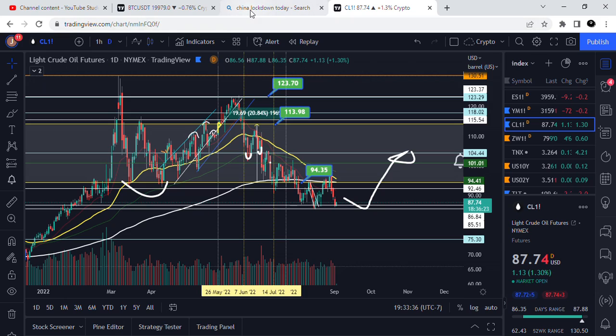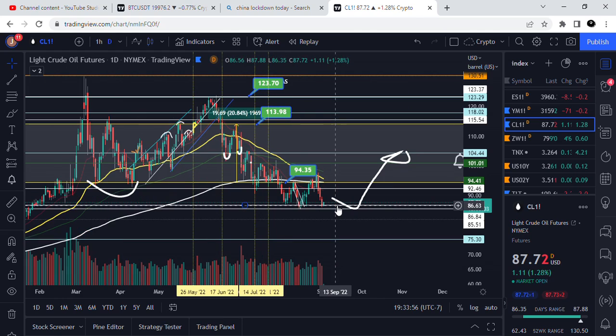And so an example of that is what happened today. And if you look up here, China locked down today 21 million people, I think it was. So that happens this morning. And so what does that mean for oil? I didn't know this until I got home. I was out fishing, got home, and I'm like, oh, that explains what happened here with oil, right? Because when China slows down, if they lock all those people down, that's people not driving, that's people not making microchips. It's a slow to the world economy. There's going to be a decrease in demand for oil, right? Decrease in demand, so the price came down.